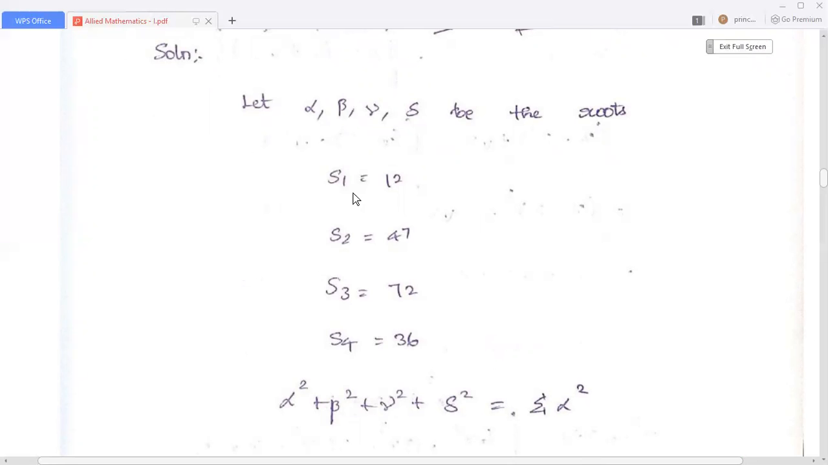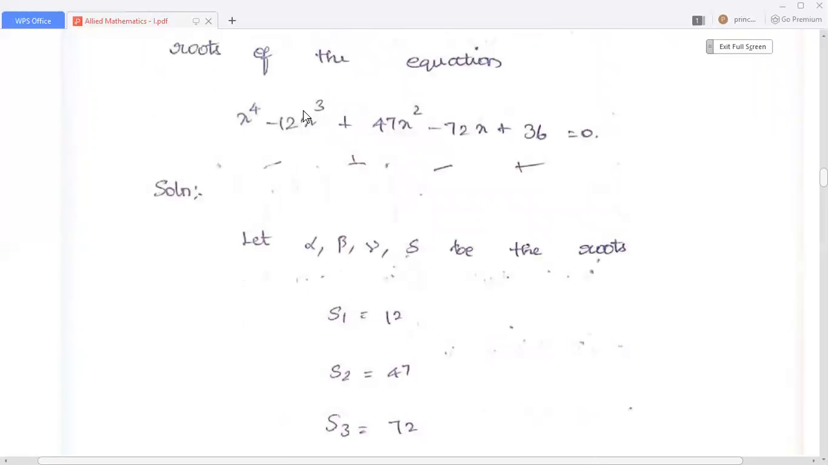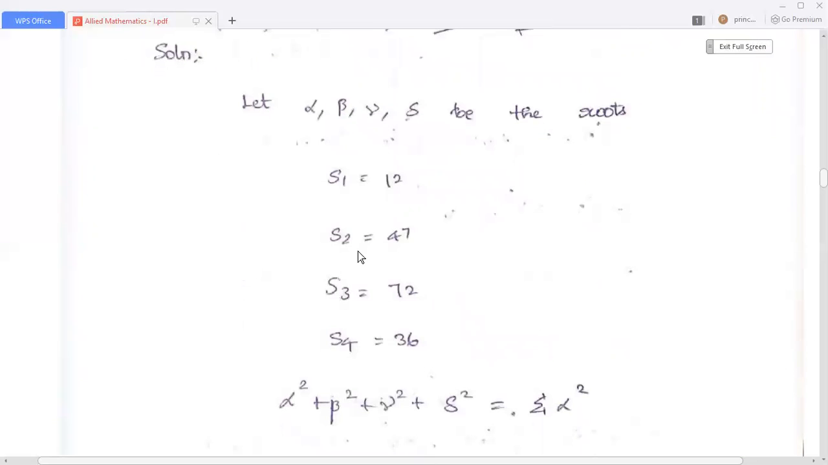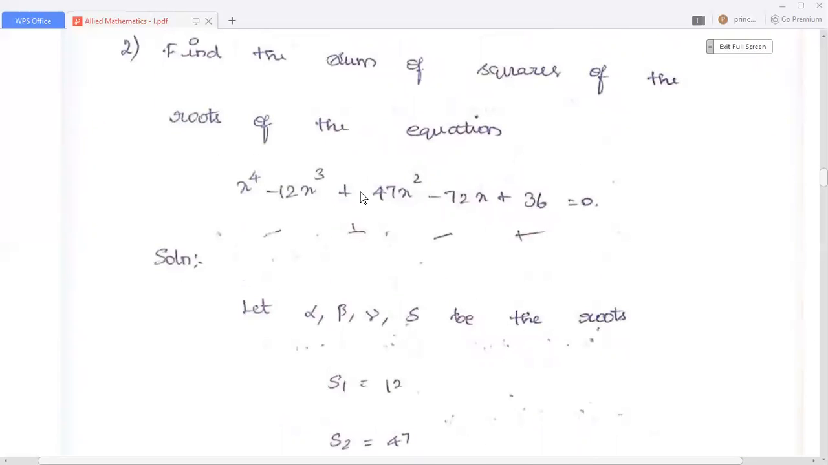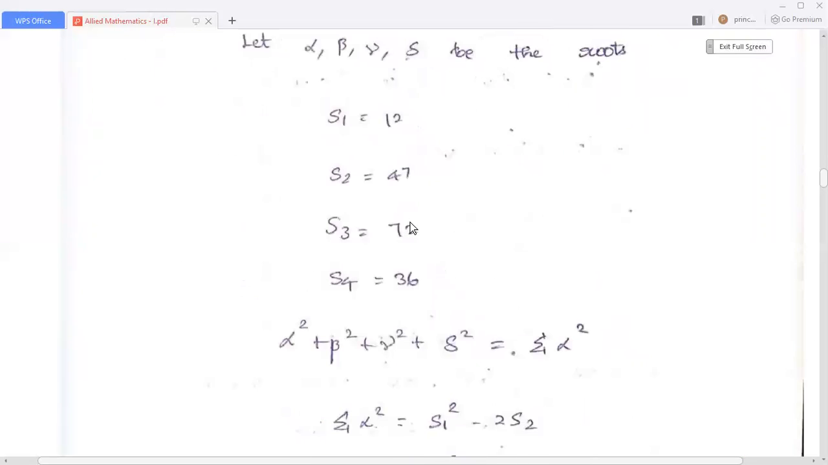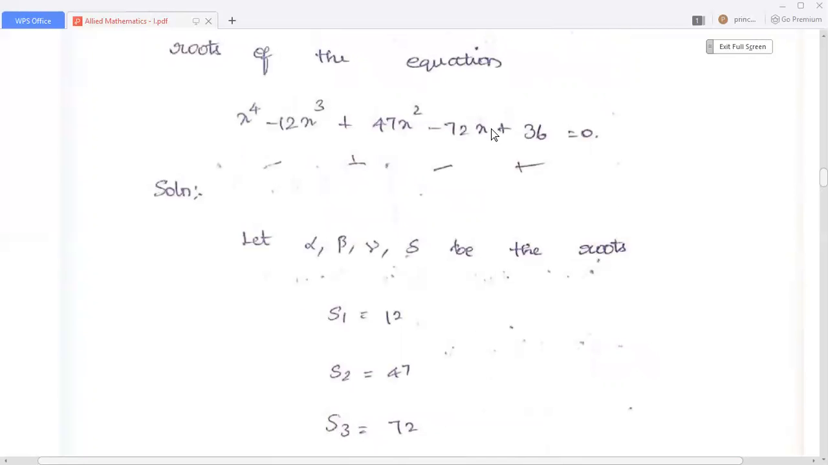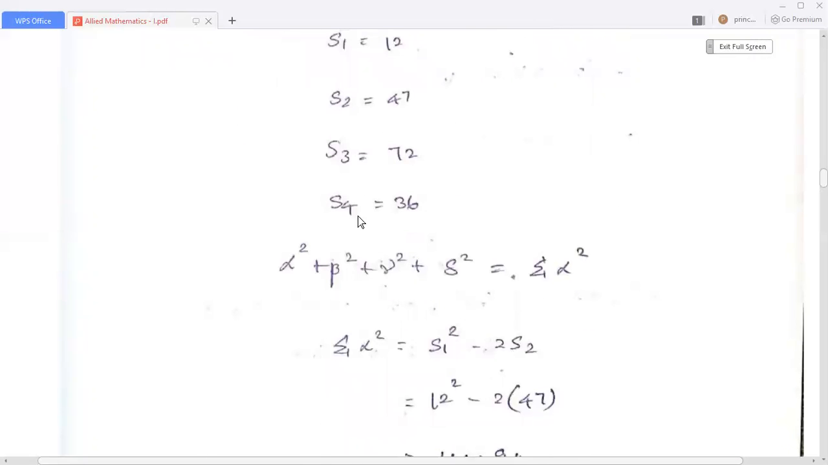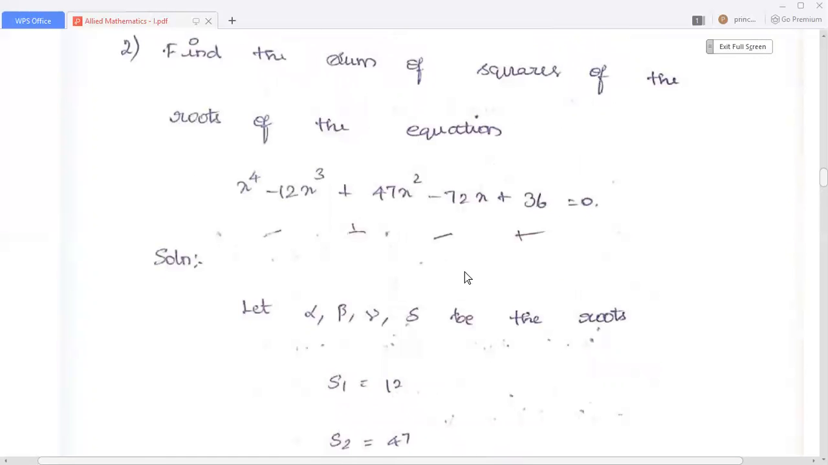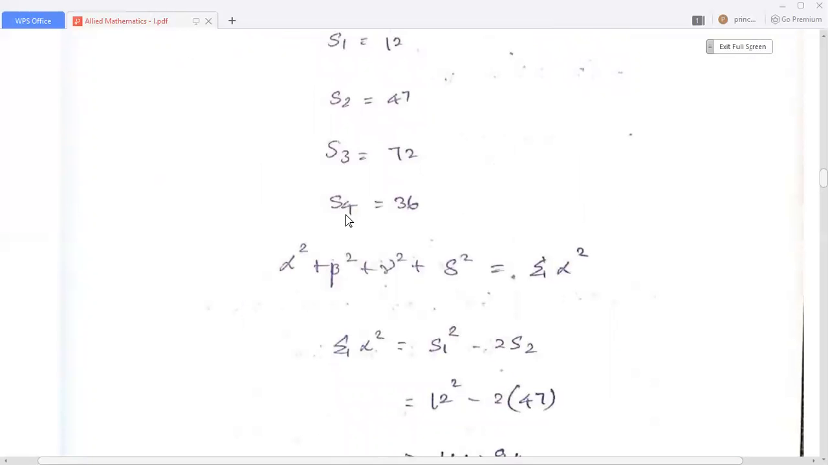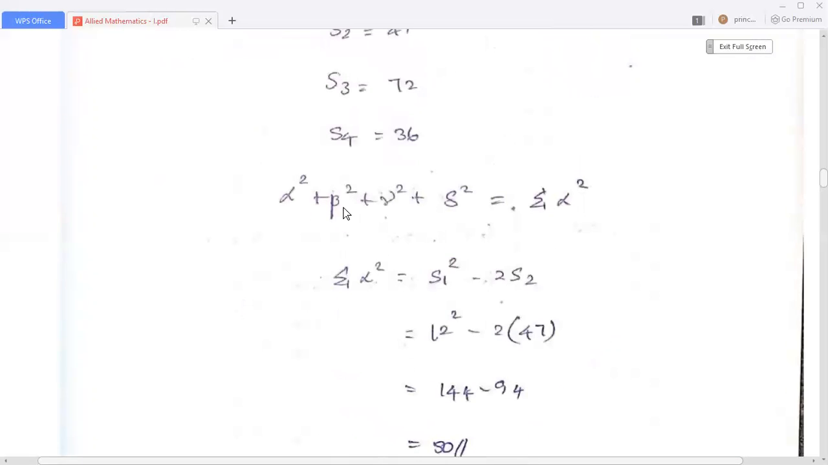The sum of all the roots, S1, is equal to 12. Then S2, the sum of product of roots taken 2 at a time, that is 47. The sum of product of roots taken 3 at a time, that is S3, that is 72. The product of all the roots can be taken as S4, that is 36. Right. Now we calculate